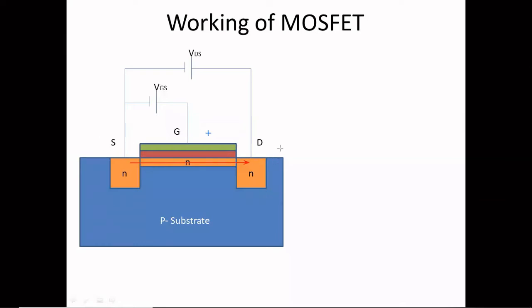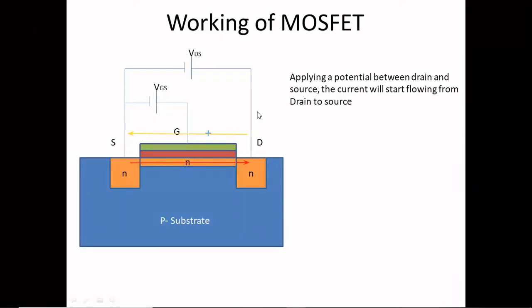So all the electrons are getting drained here, means are getting collected here. So it is called as drain terminal. Now what will happen? Electrons are moving from source to drain. If electrons are moving from source to drain, current will be moving from where to where? So current will be moving from drain to source. So current direction is from drain to source and electron direction is from source to drain.